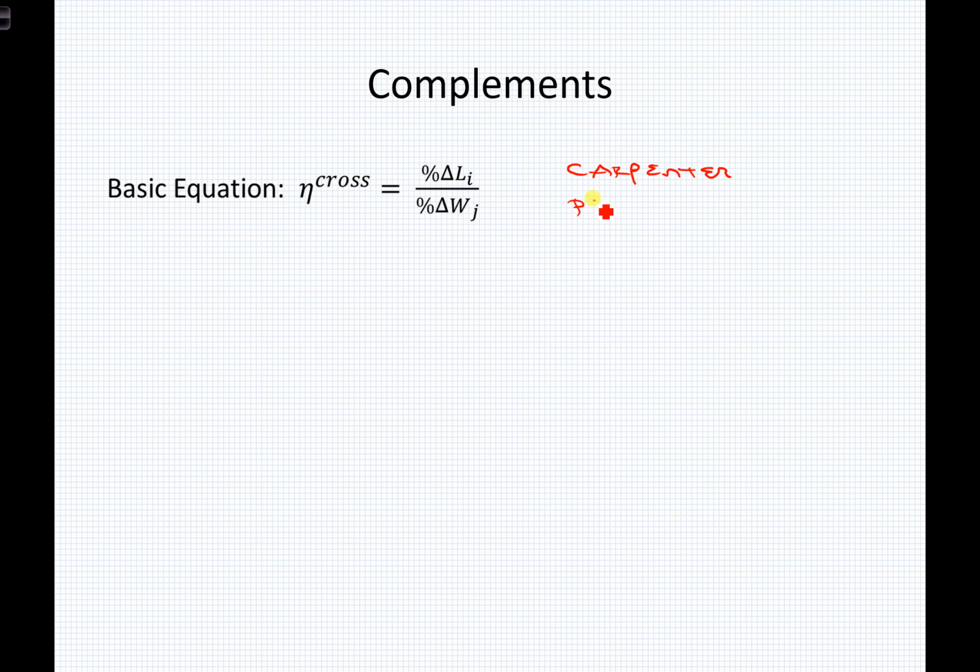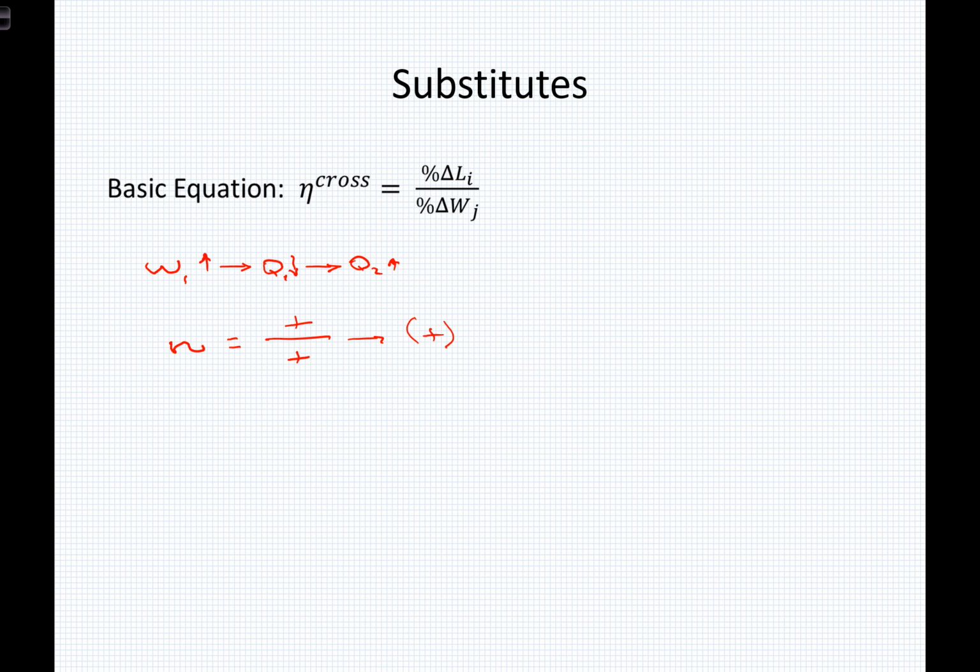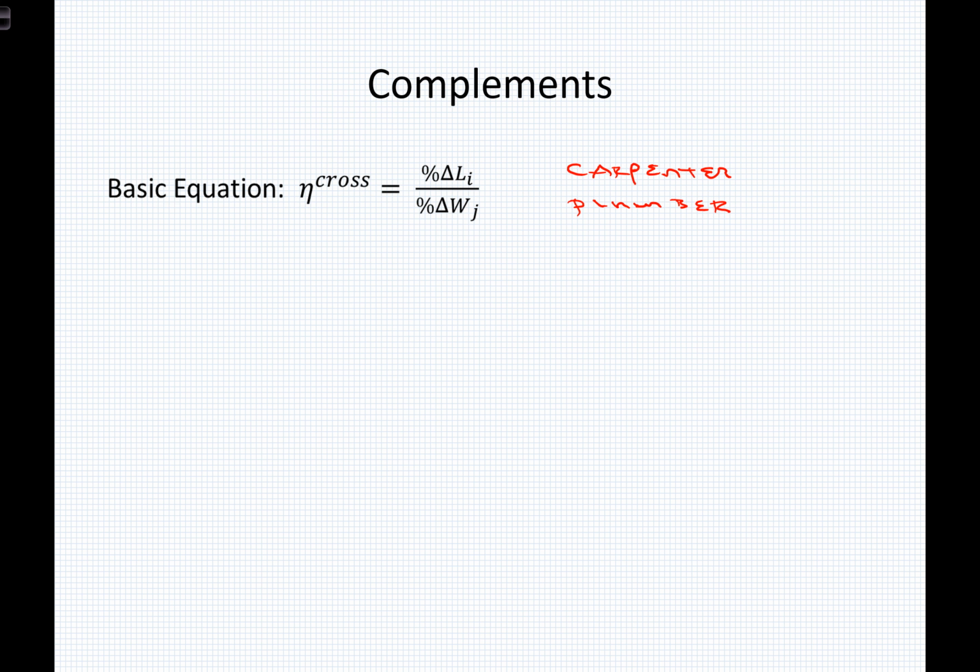And let's assume for a moment that they're unionized, such that they're not allowed to do each other's job. We might be able to argue that without that kind of a rule, a carpenter and a plumber might know each other's jobs well enough to be able to substitute for each other. But in this case, we're going to think about the carpenter, and let's say that there is a wage increase for carpenters,